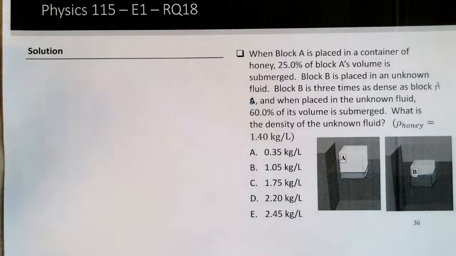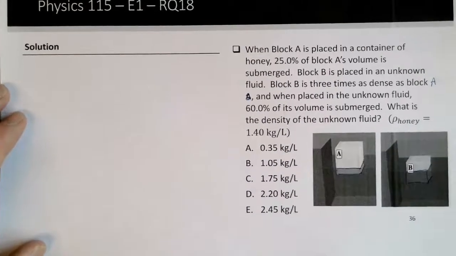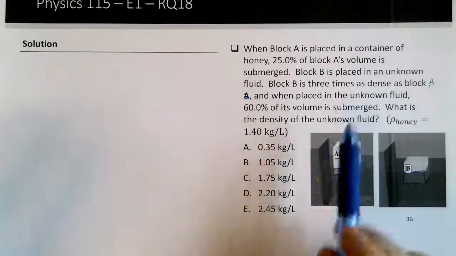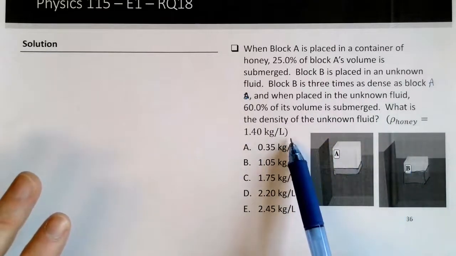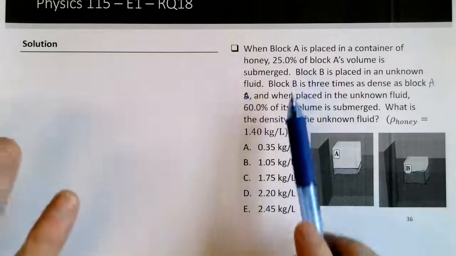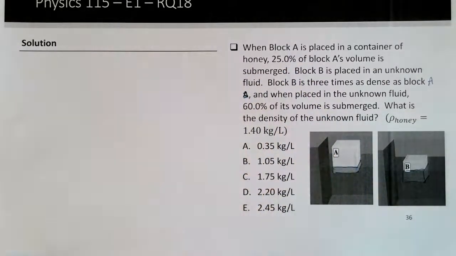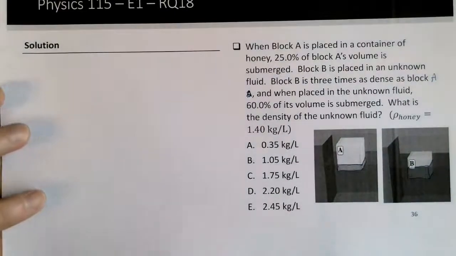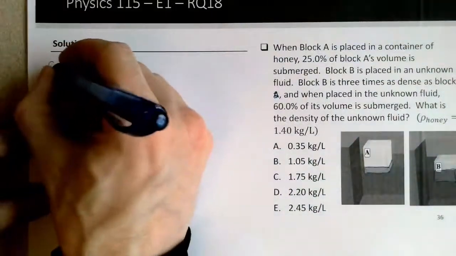So it's a tough, ratio type question, linking similar quantities, so A and B are linked by their density. We know the density of honey, so we figure some quantities out for A and then transfer them in for block B. So both blocks are floating. So for flotation,